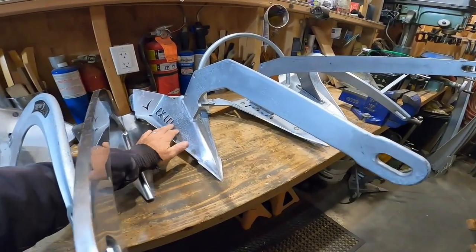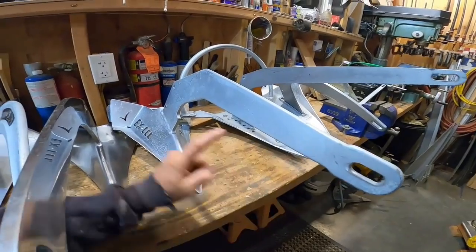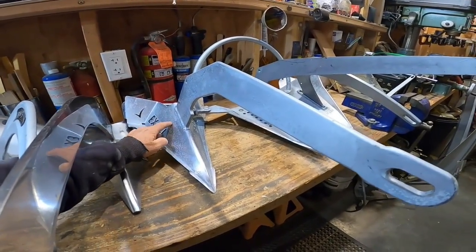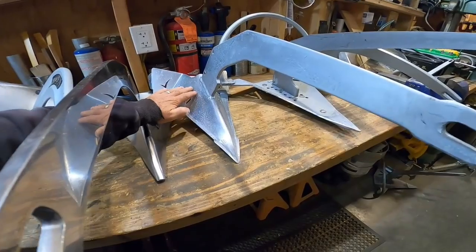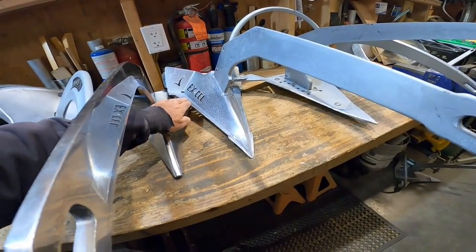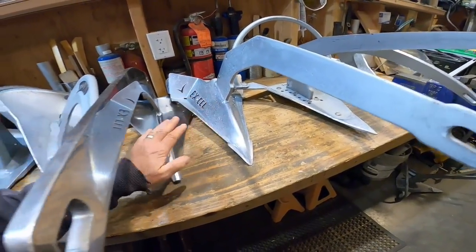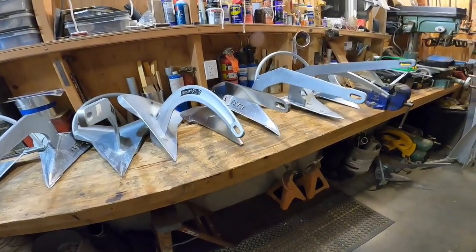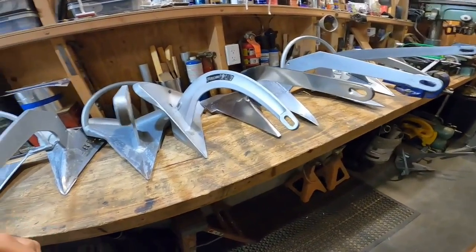Like on this XL, how can I really say where the center of pressure is? I don't even know how high the center is. And also, what's the plane of this anchor? Is it the top here? Is it the bottom of the fluke? Is it somewhere in the middle? So coming up with the exact angular numbers gets to be very difficult, but I will say that there's not